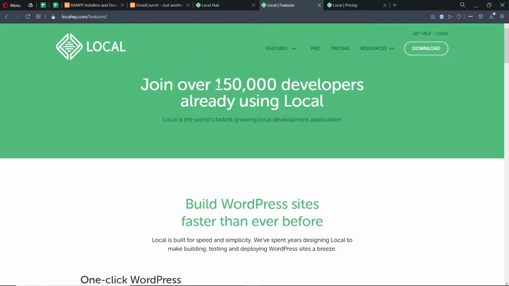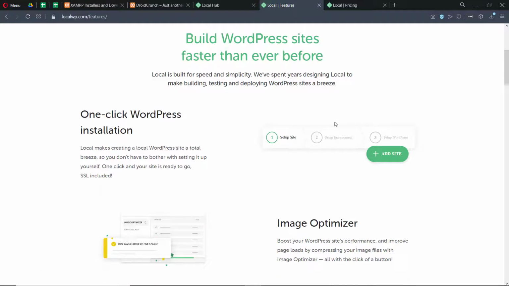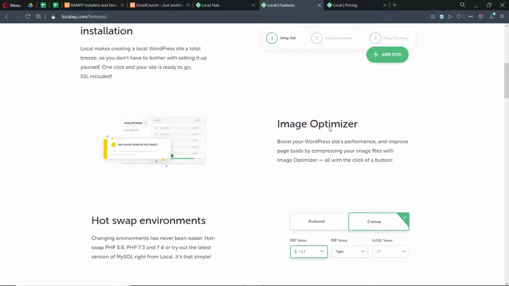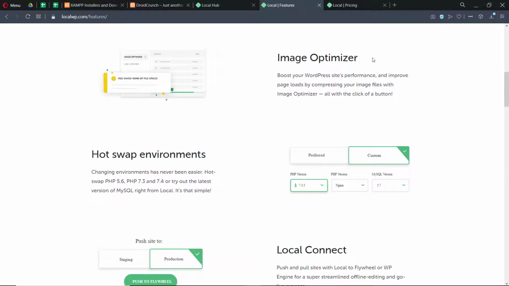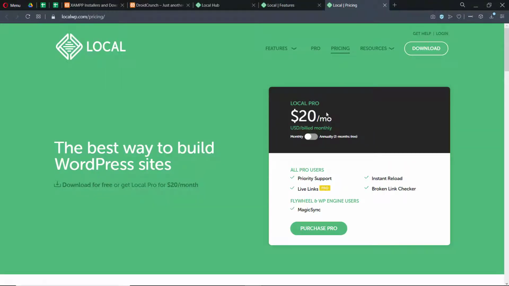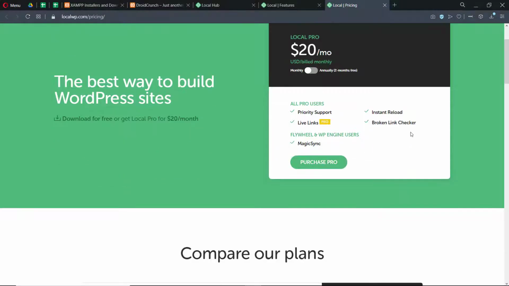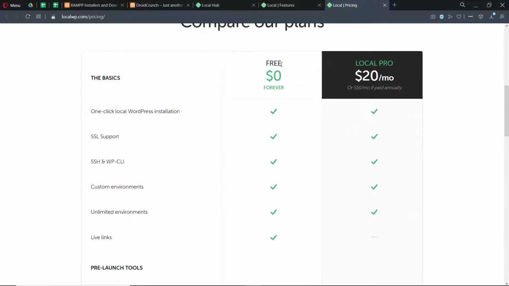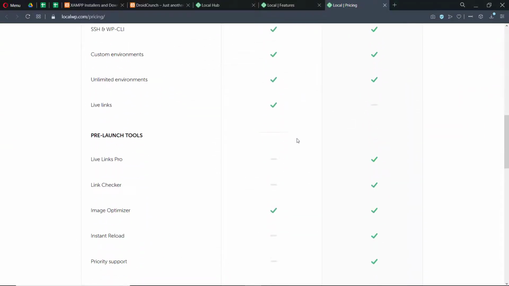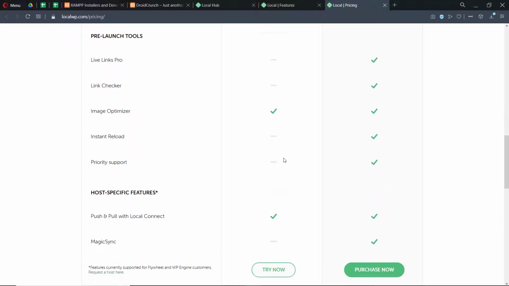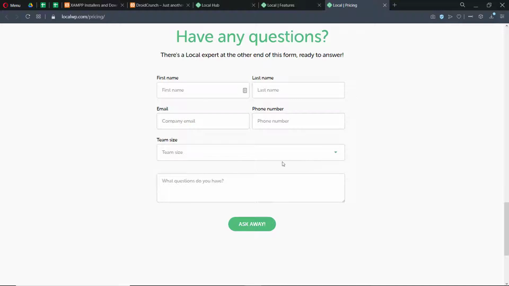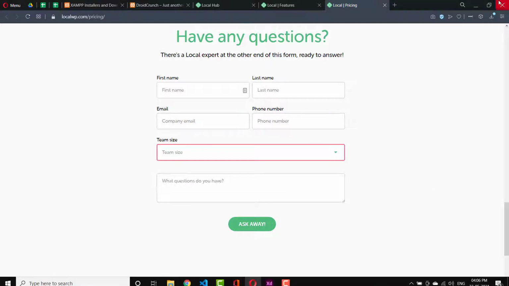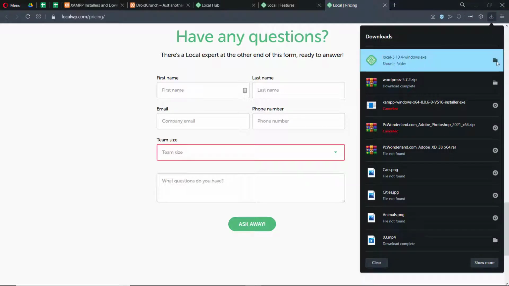It says that lakhs of developers are already using Local, and it's very intuitive, easy to use for any person. Its monthly pricing is as low as $20 per month, and there are a bunch of other features. Like in the free plan you get most of the things, but you are restricted in a few things like the live link checker and all that. So I have downloaded it. Let me install this right away,